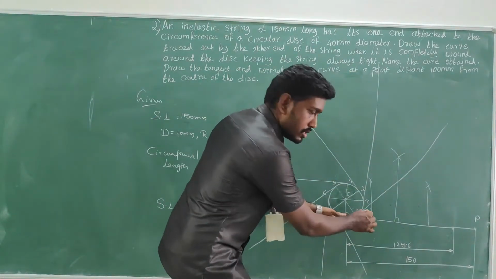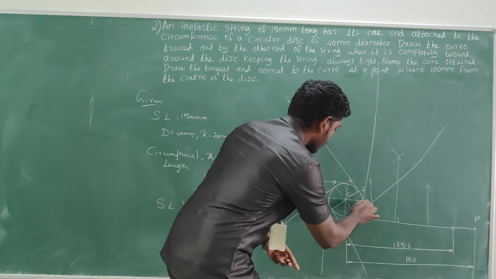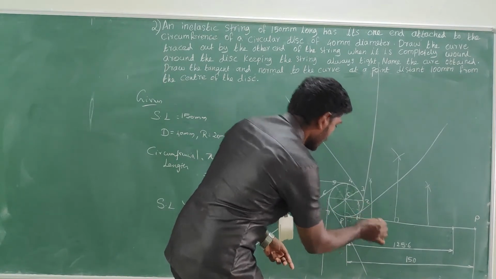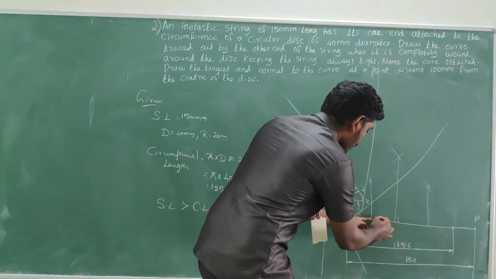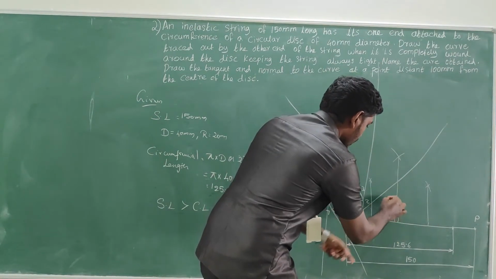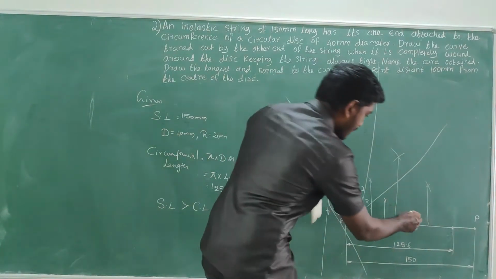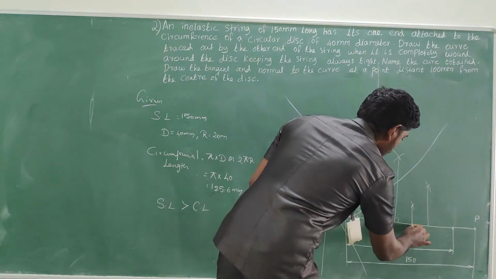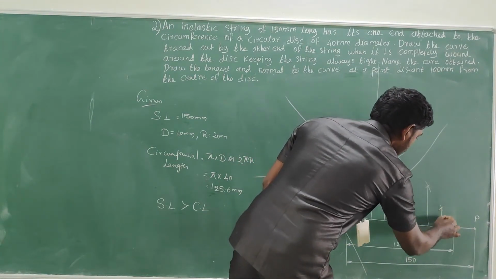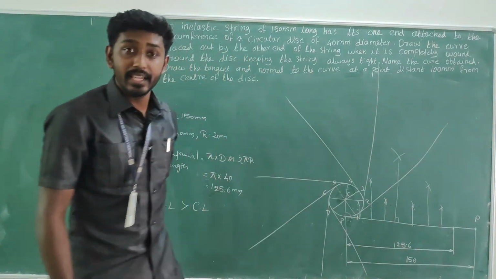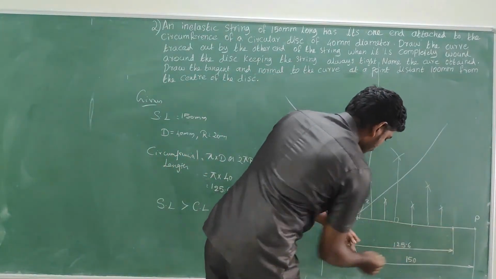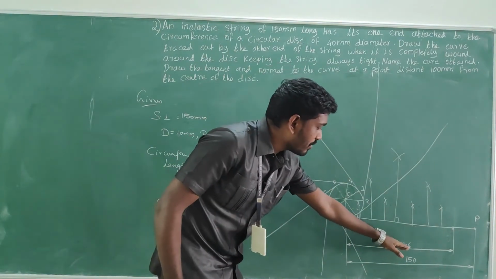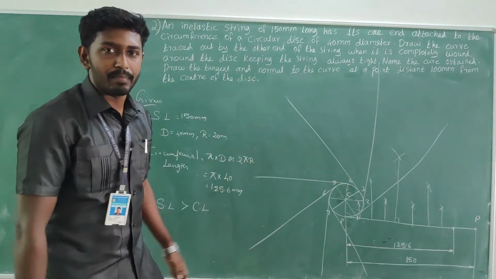Take more than half of it, go for a cut mark, and from the opposite end, drop a line. You get it like this. For this, take more than half of this segment, go for a cut mark, drop a line. Follow the same thing for the rest. If you follow it, you will get it like this. See how to drop a 90-degree line, that we know, right? So now you have divided this circumferential length 125.6 into 8 equal parts.